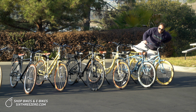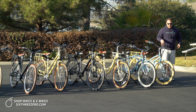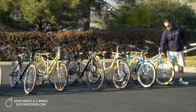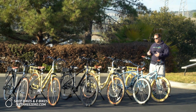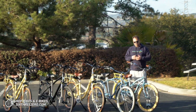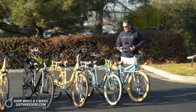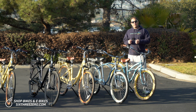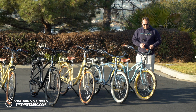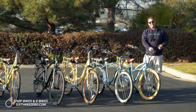These have the 2.125-inch tires, so they've got thicker tires, which is great. Good for balance, also good for absorption. So if you're looking for something really fun, easy, comfortable, the Around the Block is great. Now, the other benefit, top speed is gonna be 20 miles an hour with just throttle,